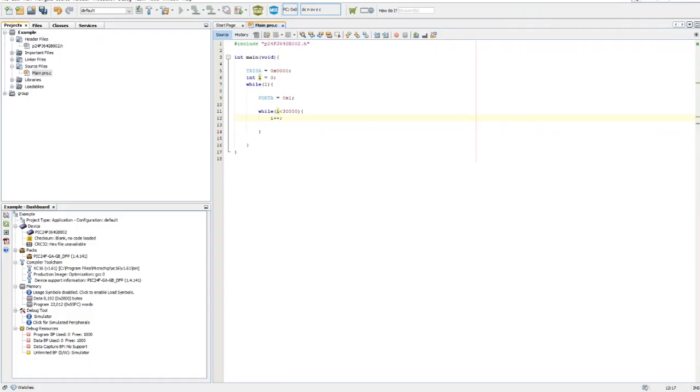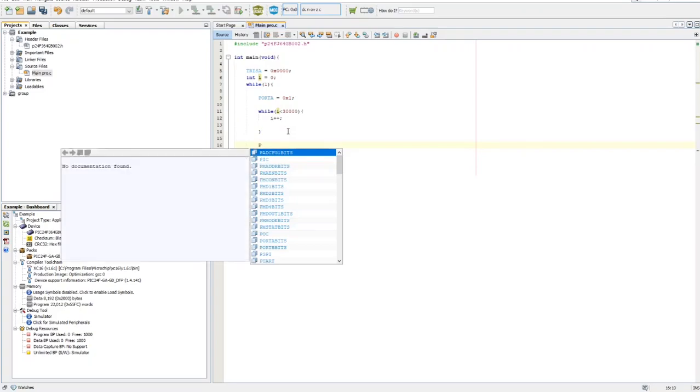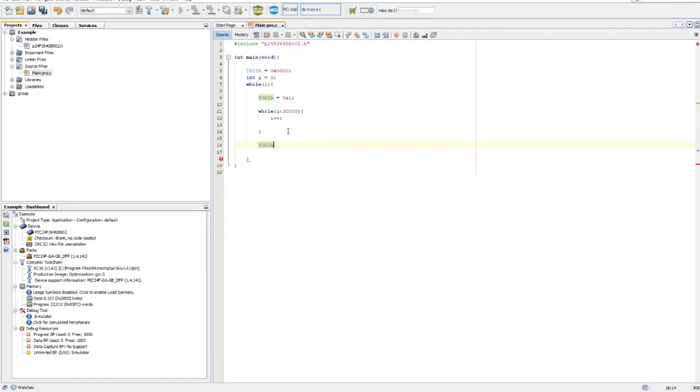And then I'm going to exit this loop, come down here and set port A. We're going to set that to 0x0, and we're going to make